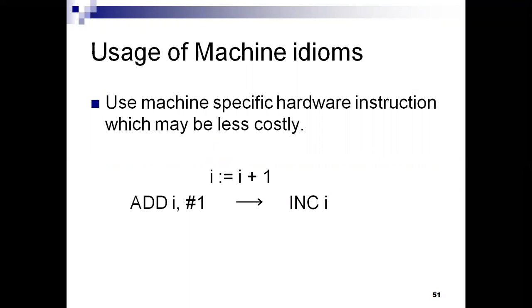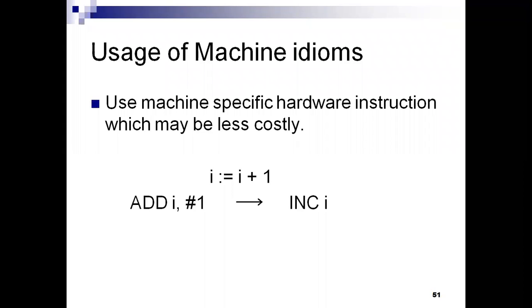And usage of machine idioms. Here also it is totally about machine dependent, right? Here we are talking about the machine dependent, that means the machine instructions and so on. What it means is only in peephole optimization we are applying the transformations at target code, and our target code is in which language? It is a machine level language. So here we are only talking about instructions or loads or registers or instruction sets and so on. So at target code we are applying the peephole optimization techniques.